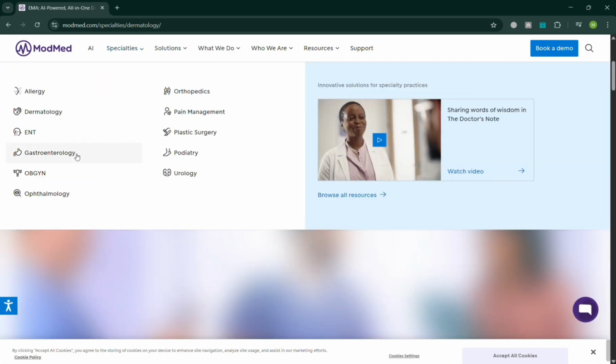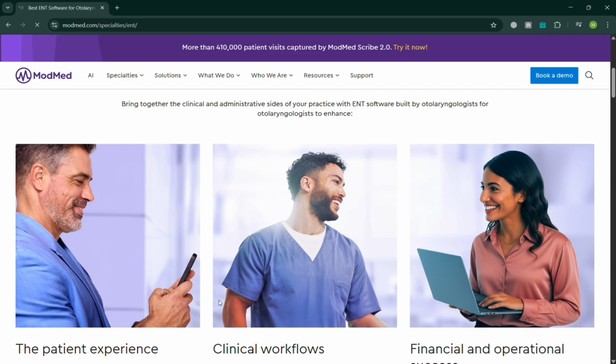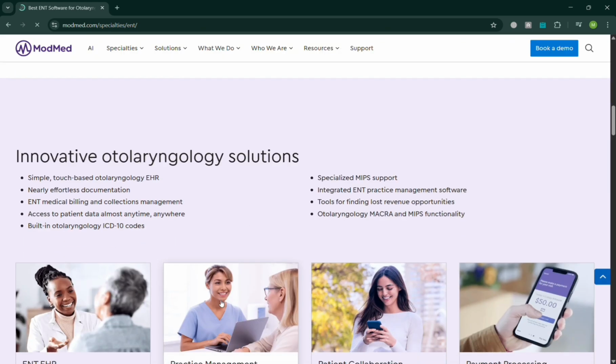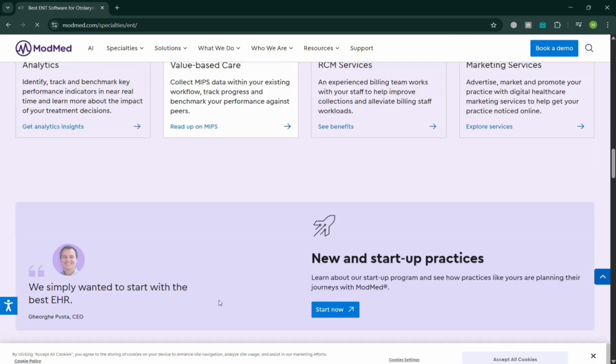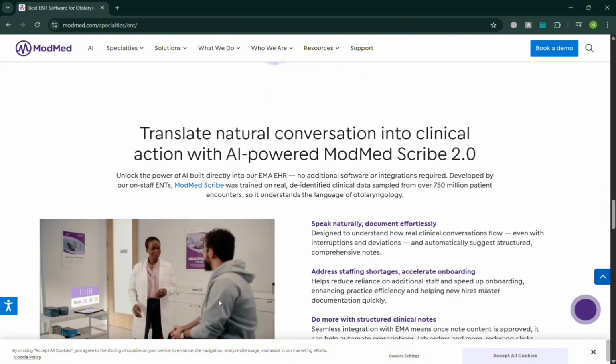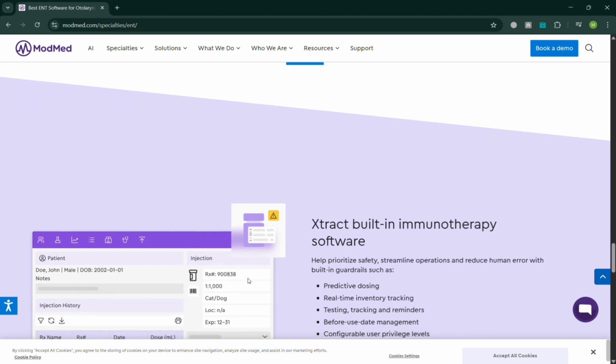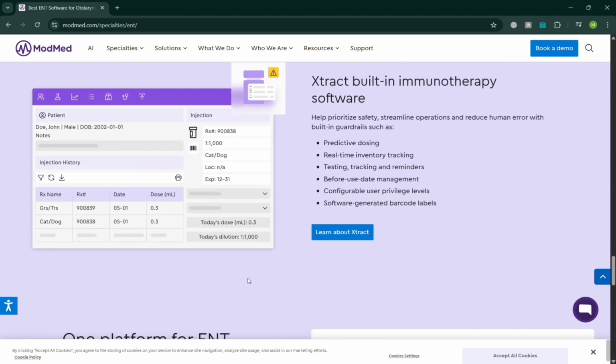Now aside from that, ModMed is also used for ENT, combining specialty-specific clinical tools with integrated practice management features. The main purpose is to help ENT providers document patient encounters more efficiently while improving diagnostic accuracy and overall workflow. And a key function of this module is structured and visual documentation tailored to ENT conditions. Providers can use anatomical diagrams of the ear, nose, and throat to record findings such as infections, sinuses, and hearing